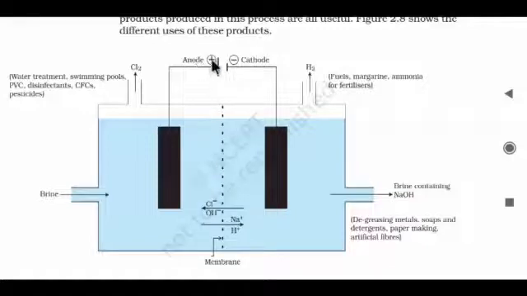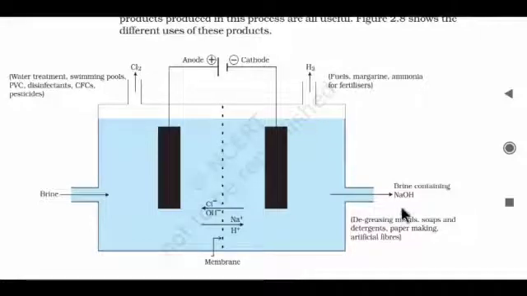How will it be formed? Just see here on the anode, on the positive side, Cl minus will be deposited. It means here chlorine will form, and chlorine you can use for water treatment. Uses of chlorine include CFC, chlorofluorocarbon, PVC pipe, which means polyvinyl chloride, and disinfectants. You can also use chlorine as a disinfectant, in pesticides, and in swimming pools you can also do water treatment with the help of chlorine. And on the cathode, H plus is deposited. What are the uses of H2? Fuels, margarine and ammonia for fertilizer. These are the uses of hydrogen.